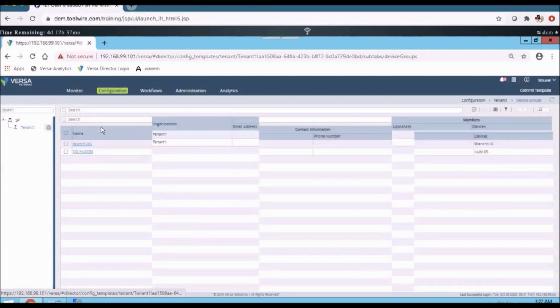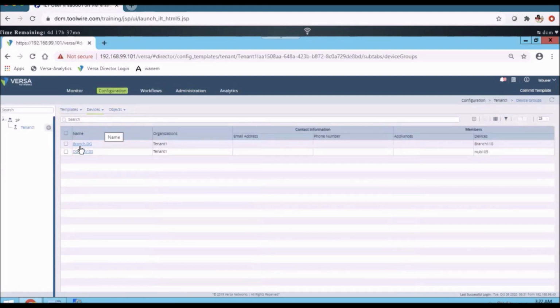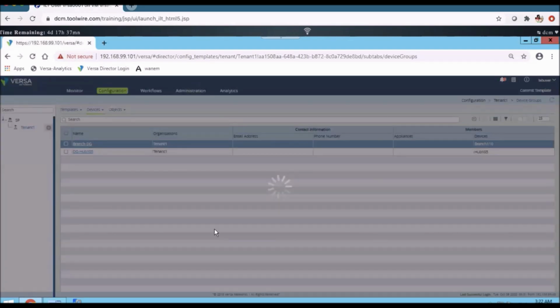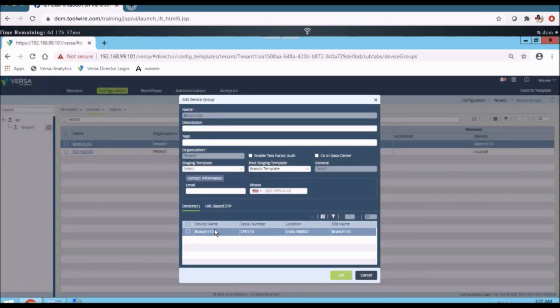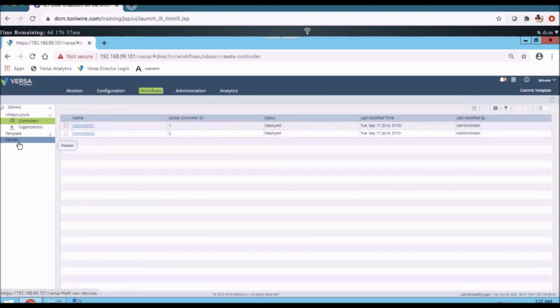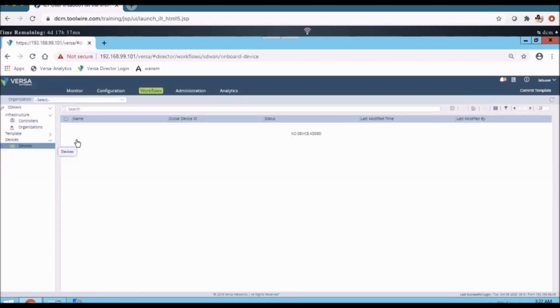I'm selecting the device group here. So this is a branch device group which is available. Can you click on that? So we have assigned the IP address. The IP address will be different for each and every branch, right? That's why here in the workflows we are defining the branch specific information.